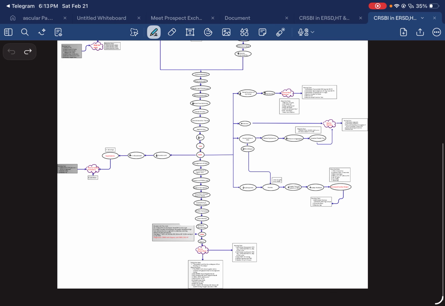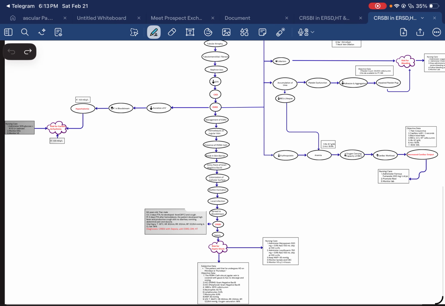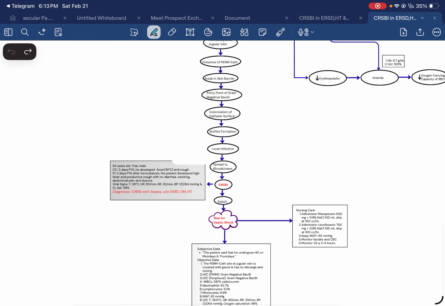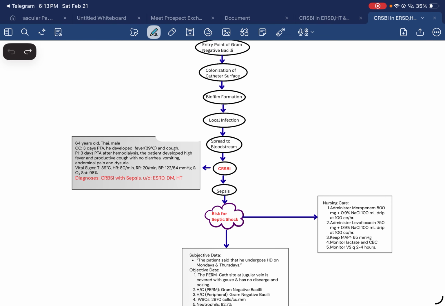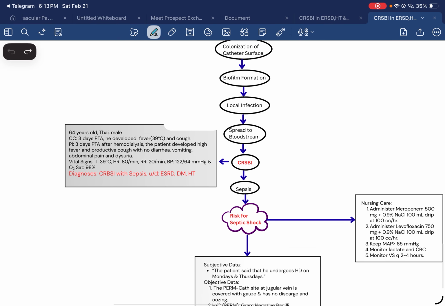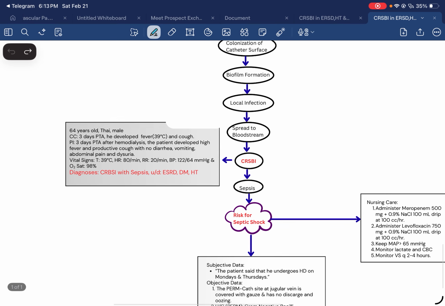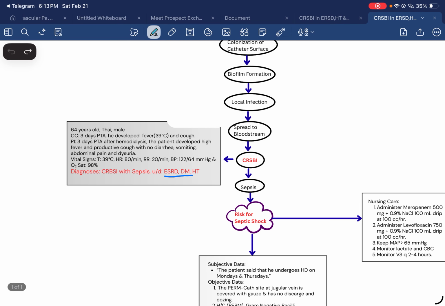Hello, today we will study the pathophysiology of CRBSI, catheter related bloodstream infection with sepsis with underlying ESRD, DM, and hypertension. This patient is